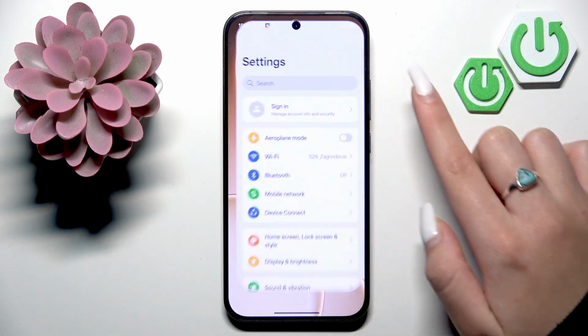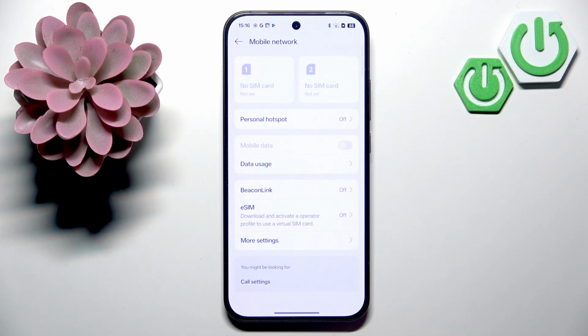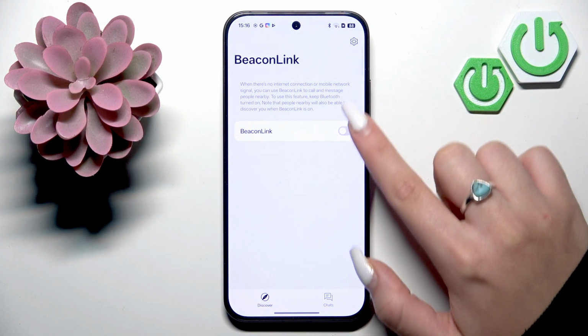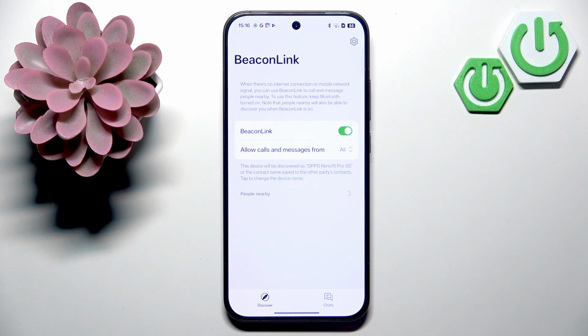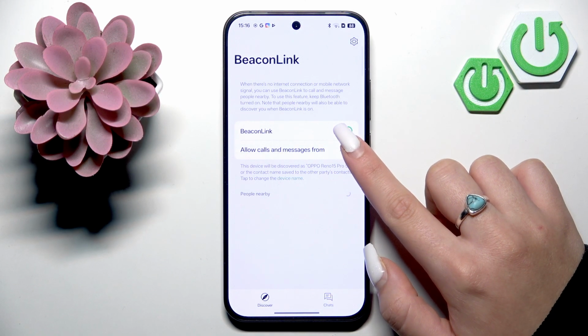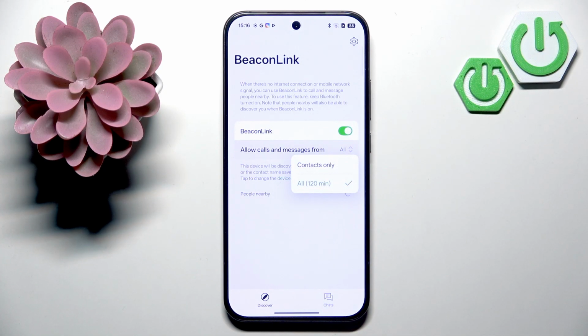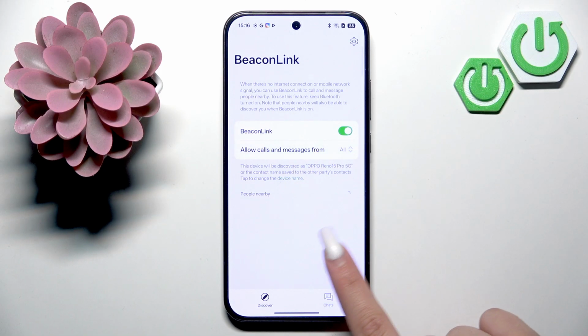So let's open settings and let's go to mobile network section. Let's go to BeaconLink. And now let's enable it. Additionally, you can go to allow calls and messages from. You can select your contacts only, or you can set option all, and that means that you'll see all people